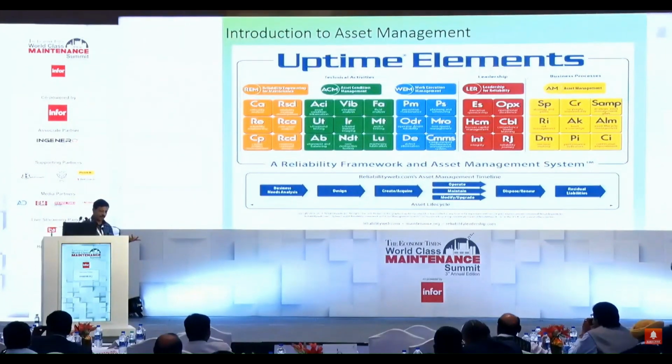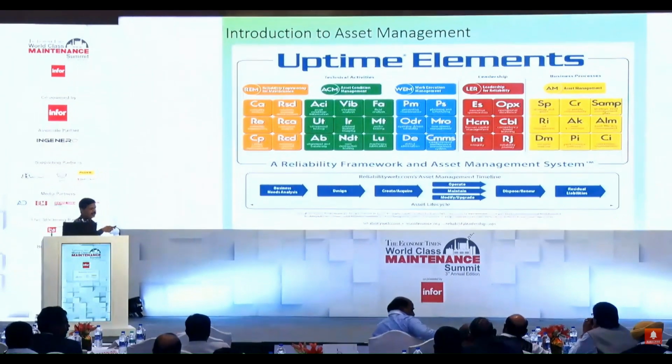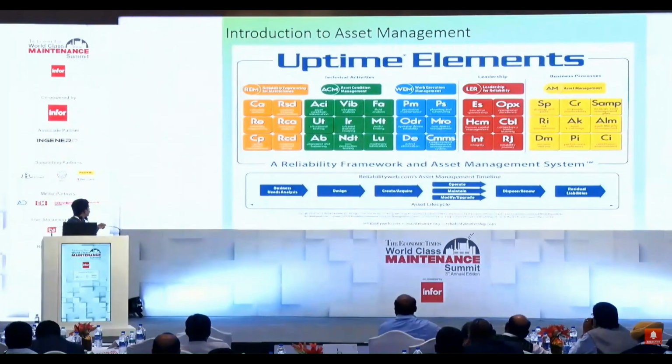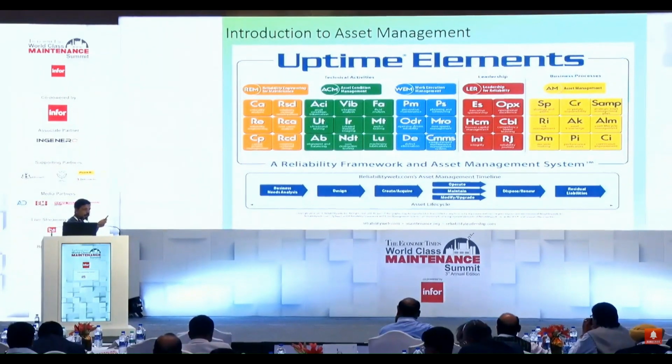Now we will discuss the asset management framework, how people try to cover this subject of asset management. This is one way which I have shown you earlier. This is another way, what some consultants in America try to cover this subject. It starts with reliability engineering for maintenance, the main heading, followed by asset condition management, work execution management, leadership for reliability, and lastly asset management. Now the whole activities of asset management are divided into these 5 subgroups.